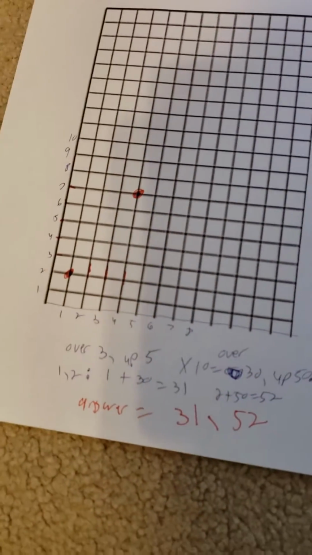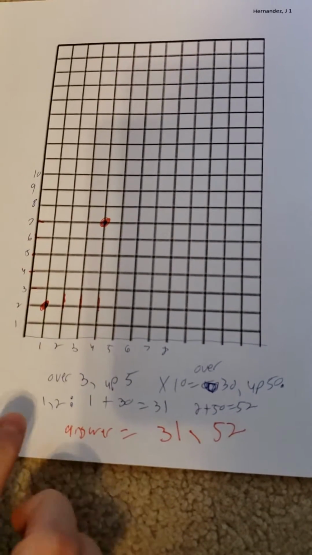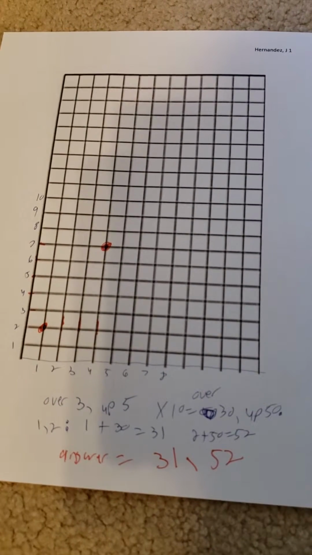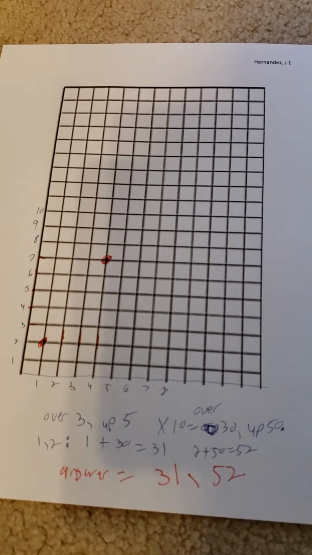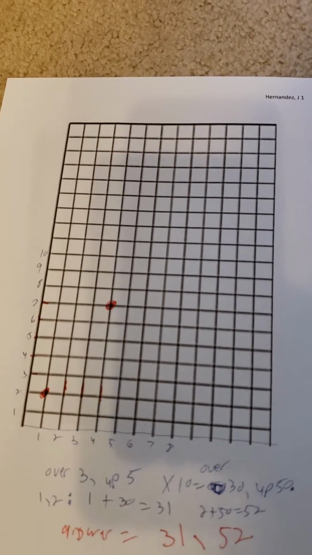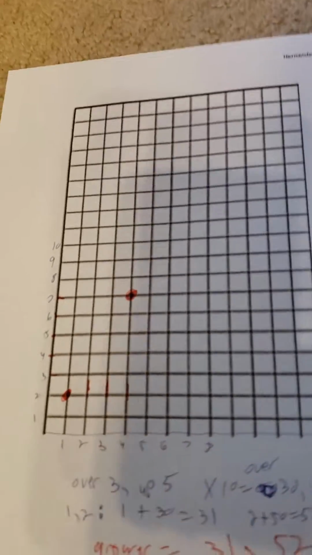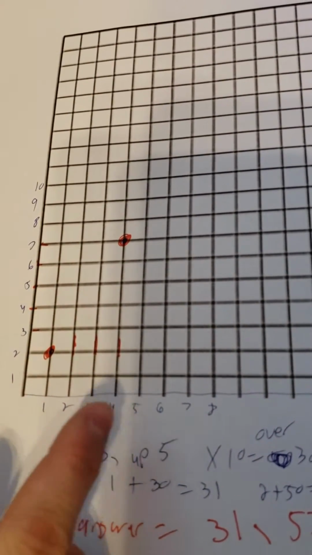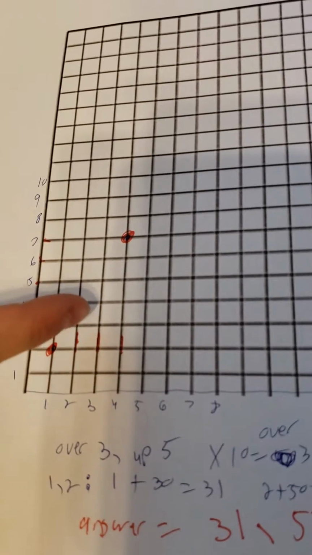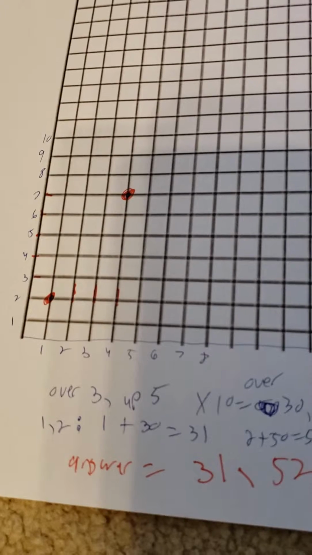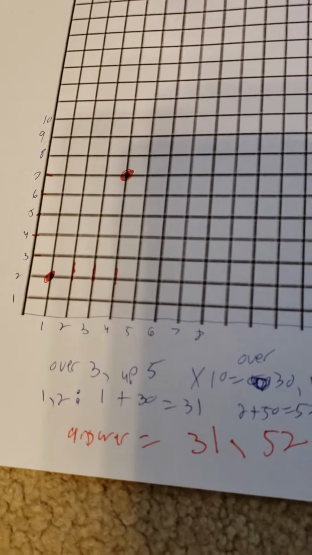Okay, so we're going to first plot our (1, 2), which is going to be over 1, up 2. We are then going to plot our second one, which is over 4, up 7. We are then going to find the distance between the two, which is 1, 2, 3, so over 3, and 1, 2, 3, 4, 5, up 5. So now that we have our 3 and 5, we are going to